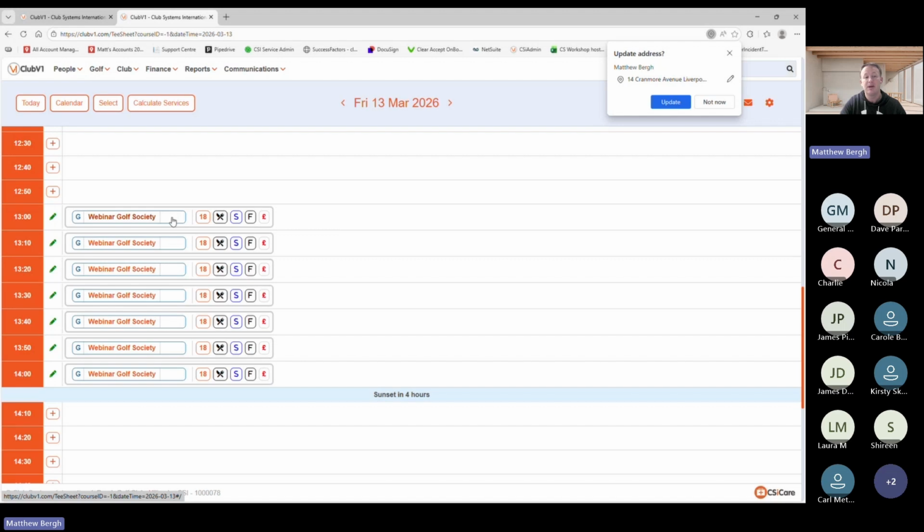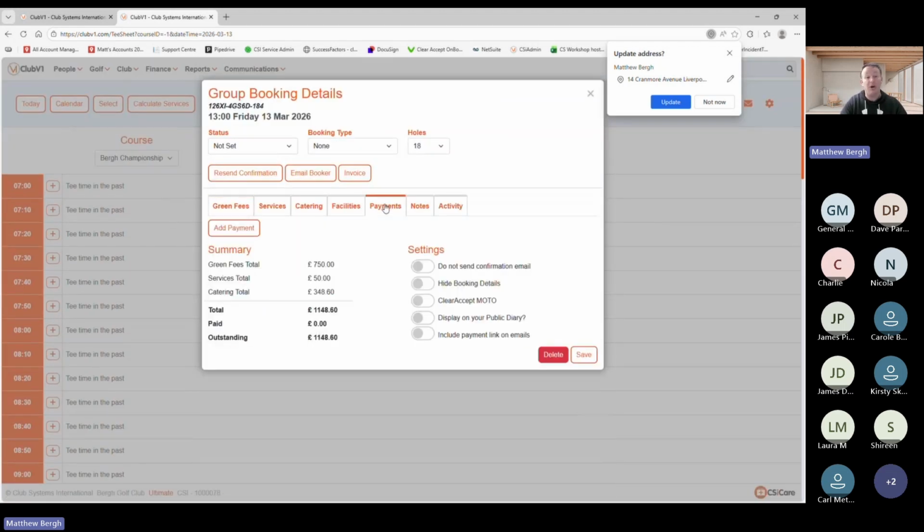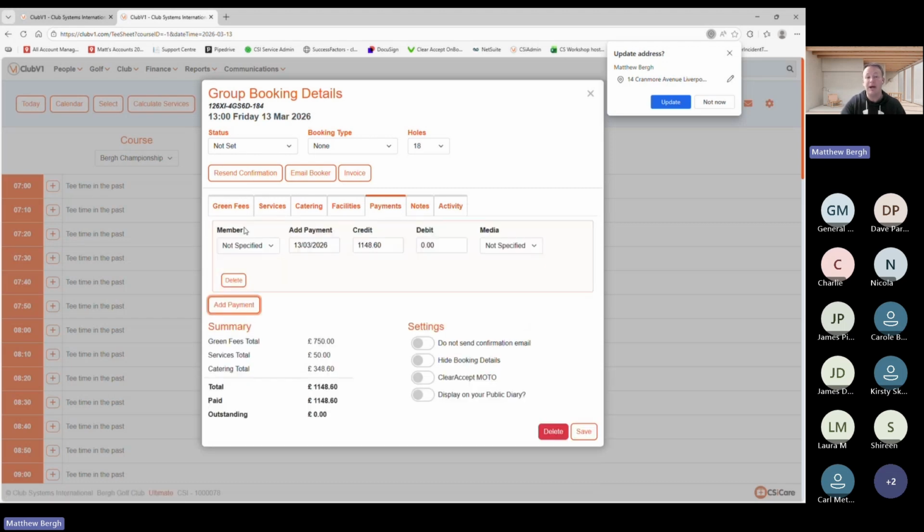Now let's just go one step further into that, and let's say that they were in the office and they've paid their deposit by cash. I go add payment, and I put a credit of £250. I know we said 280 before, but £250, and they've paid that by cash. Okay, so that's now totaled it up for us. It shows that they've paid 250 and they've got an outstanding balance of